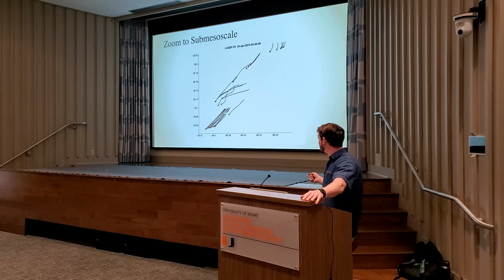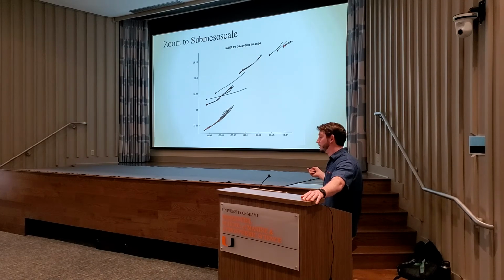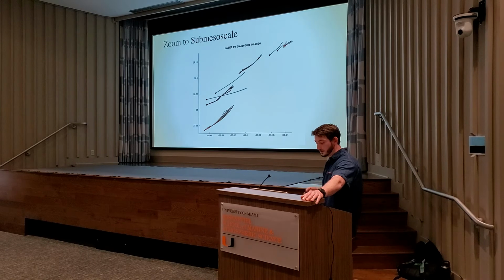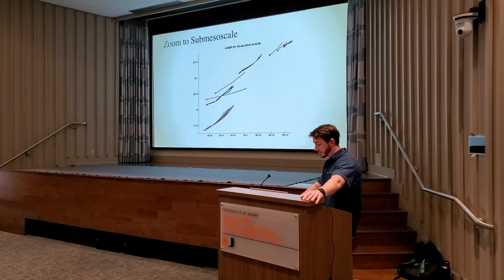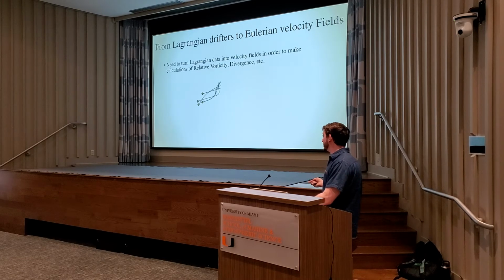And you see they start to converge upon each other, which is an indication that there's negative vertical velocities or convergence. And also you can see pretty clearly that there is a lot of relative vorticity being produced there within that eddy. But now to actually put some numbers to it, we're going to have to once again go from drifter trajectories